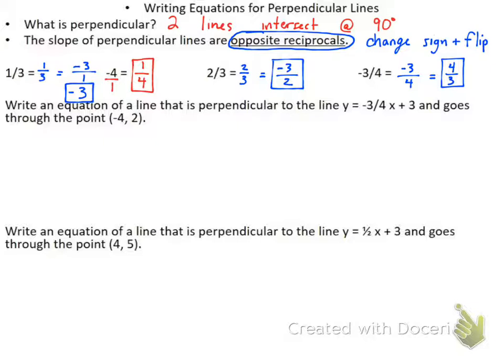So with the first one here, I've got write the equation that is perpendicular to the line y is equal to -3/4 x plus 3, and goes through the point -4, 2. And so again, the given information is the equation. So y is equal to -3/4 x plus 3. And so the only thing that matters of that I need is my slope, which is -3/4. When I'm writing the equation for my line,